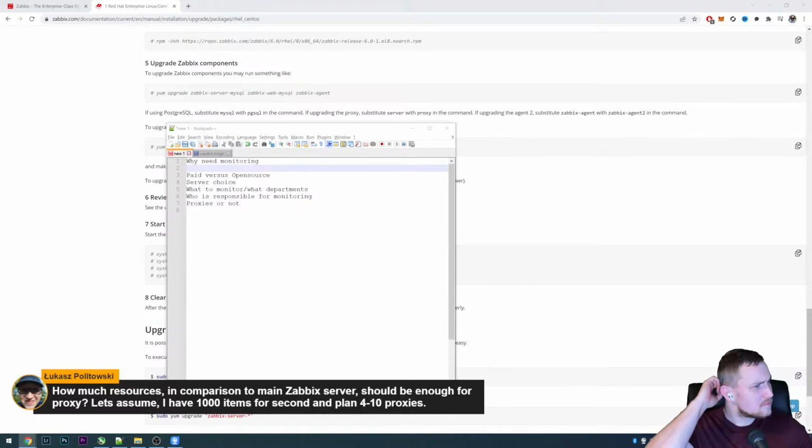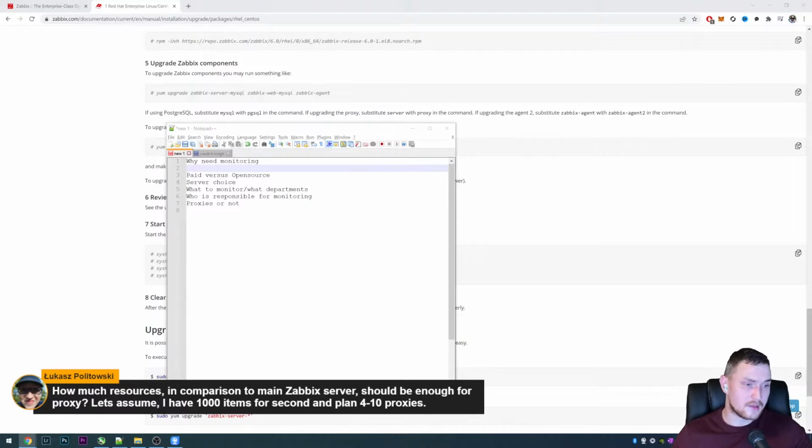For 1,000 items, I don't even know how many NVPS that could generate, but usually I would say something around, for small installations, 4 cores and 8 gigs for the Zabbix server, and for the database, it's usually recommended to have 8 cores and 16 gigs, and of course a properly tuned database configuration file.